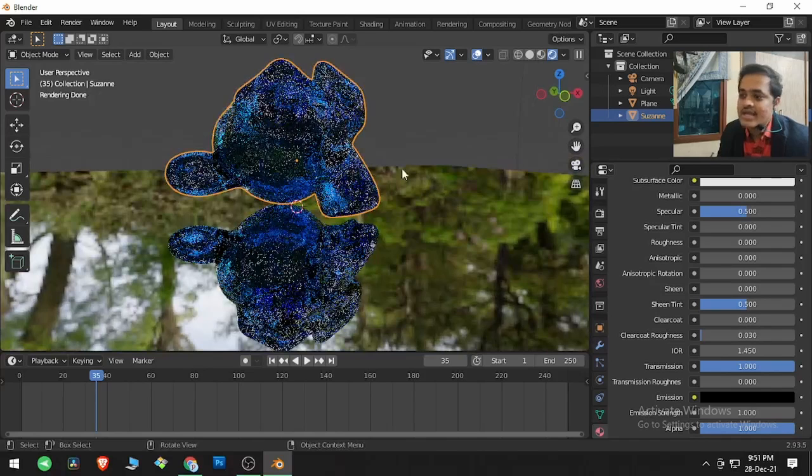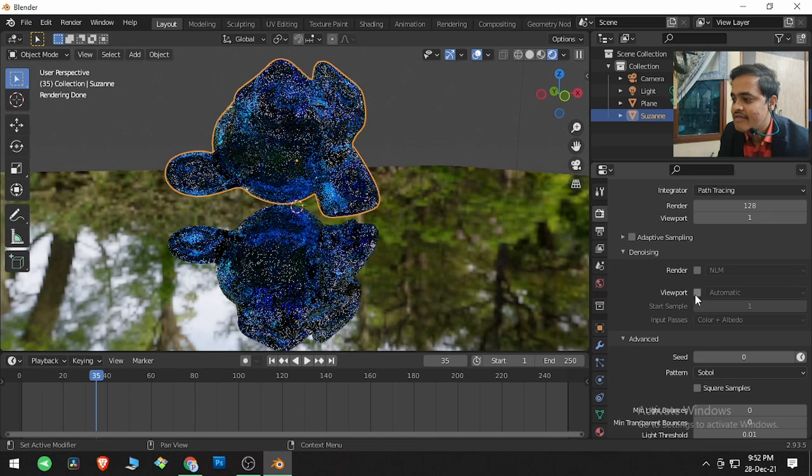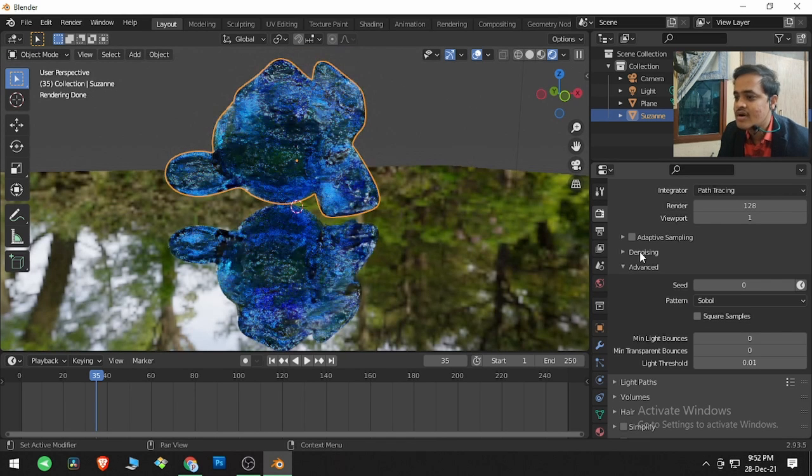That's why this monkey is looking like glass, and because of the noise we are not able to see it clearly. I will click on denoising viewport in the viewport. So now this object is looking like glass. Minimum transparent bounces: this is a transparent object, and inside that transparent object, how many times the light must bounce is defined by this value.